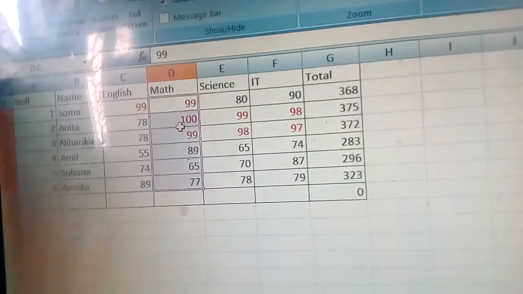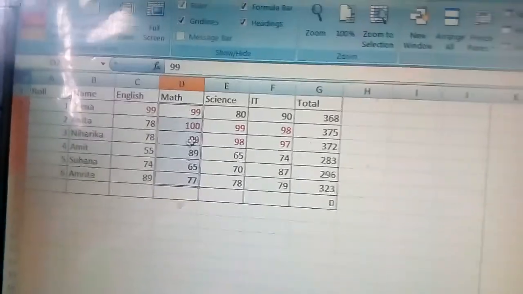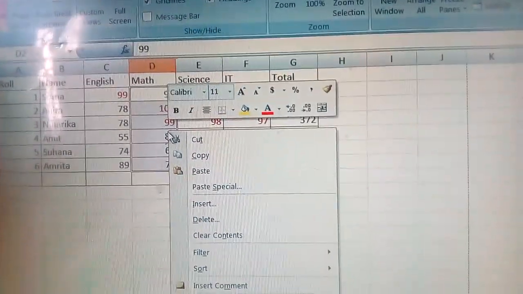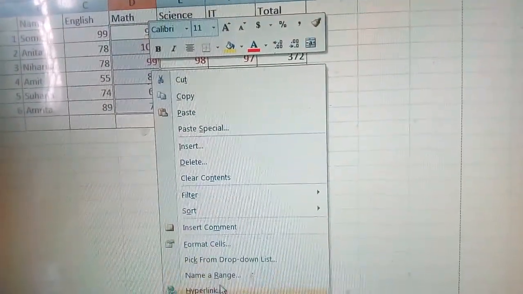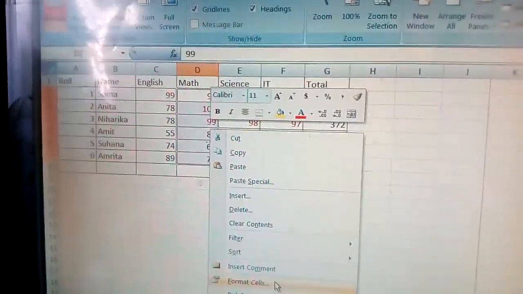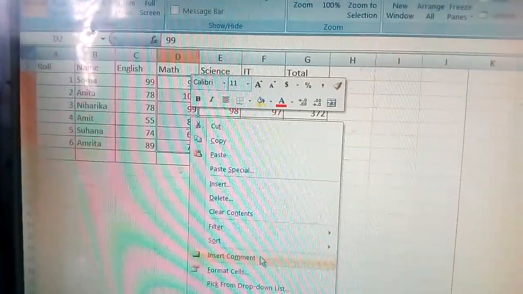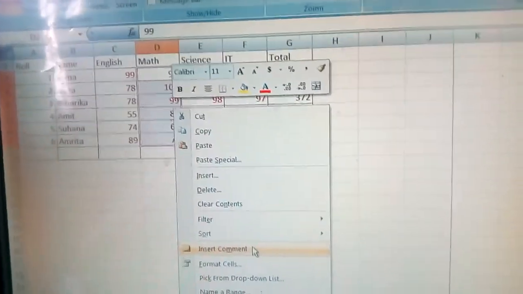But in a spreadsheet, what you will do is just click over here, select the range first, and then right click, and then you can see Name a Range. But if the question is how will you give the name of a cell or range of cells, then you have to answer according to Calc.